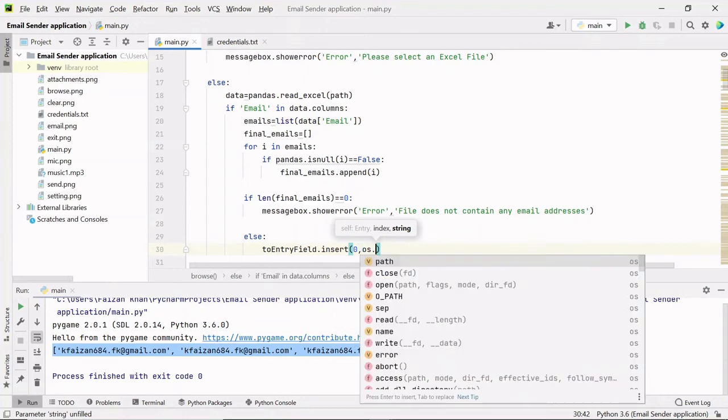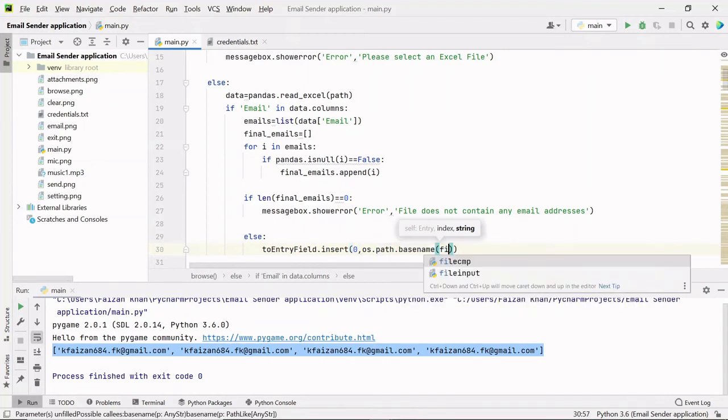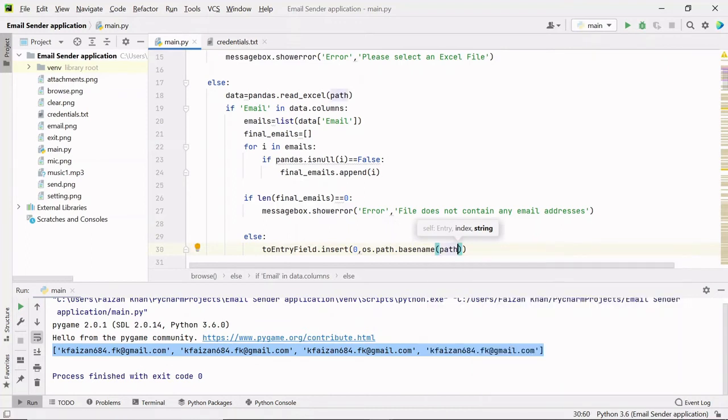With the help of this OS module, os.path.basename, and here we will simply pass the path of that file. Okay. So this will give us only the name of the file that we are selecting, and that will be inserted inside my to entry field.